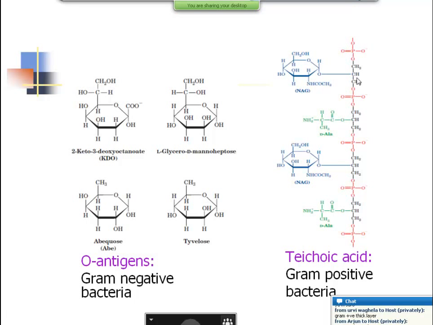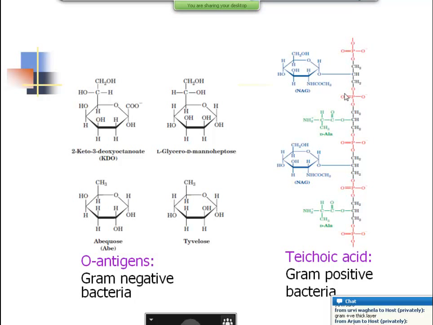Alditols, right? The reduction of monosaccharides gave you alditols, and ribitol and glycerol are examples. So these ribitol residues are linked by phosphodiester linkages. They alternate with the phosphate group, and you have the OH group being replaced by NAG or alanine residues. They also alternate. So this forms the teichoic acid structure, and this teichoic acid along with the peptidoglycan will confer the virulence in